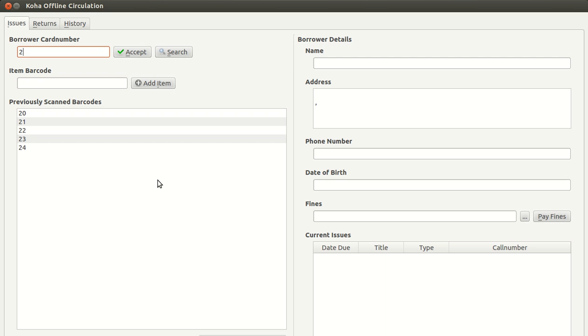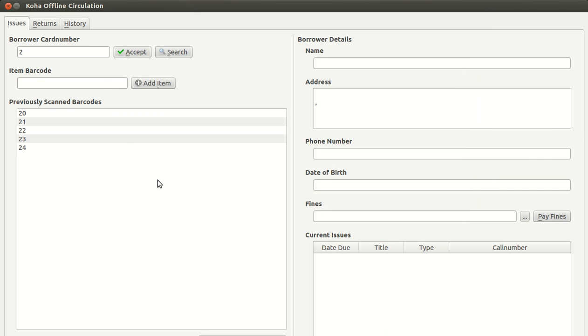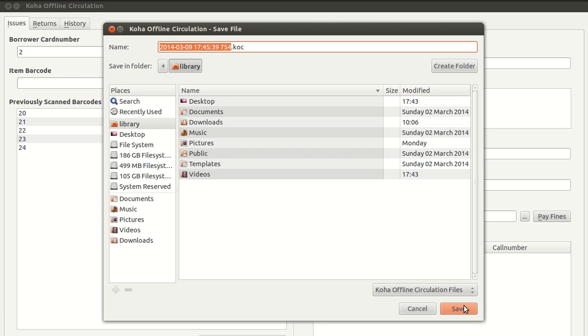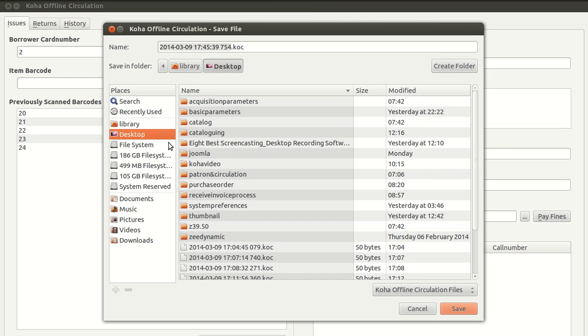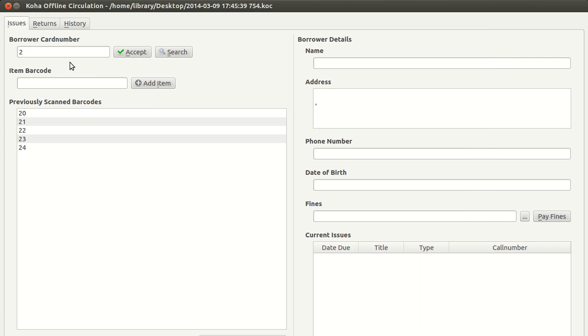Finally, you need to save this option. See, the button is not shown here because of the desktop resolution. I am just saving this option by pressing Ctrl A and enter. So you can save this option to the destination where you want to save it. Just click on the save button and close this.